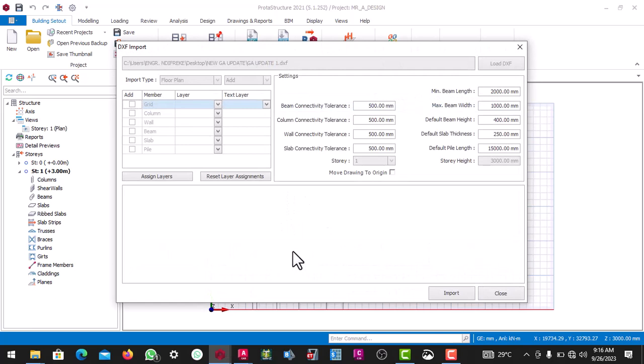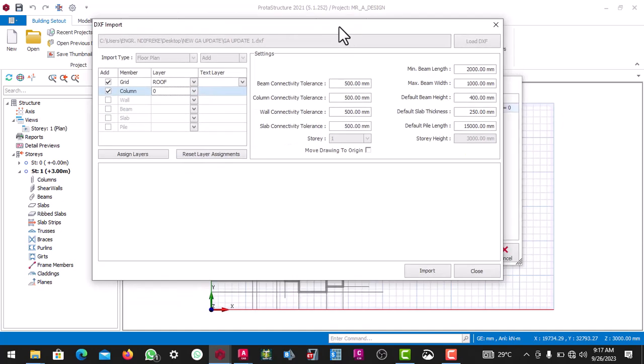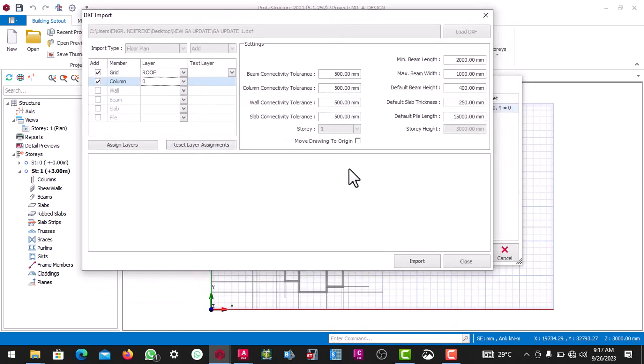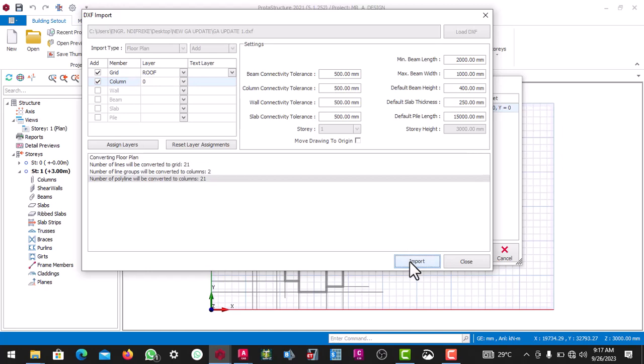Okay, so when you click on import, a dialog box will now pop up. Now here is where you activate the layer name. Now grid, remember the name for the grid. The name for the grid was what? Roof. So you click on that. Remember the name for the column. The name for the column was what? 0. You click on that. I just click on those two because those two are the most important. I don't need to click on others. So when you click on those two, you come to where you have import, click on import,